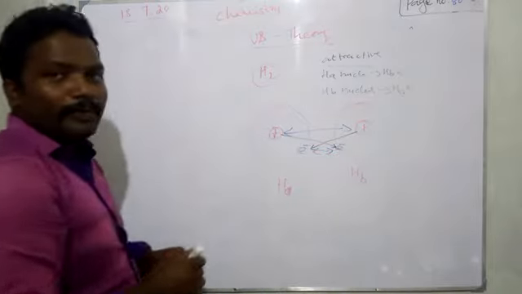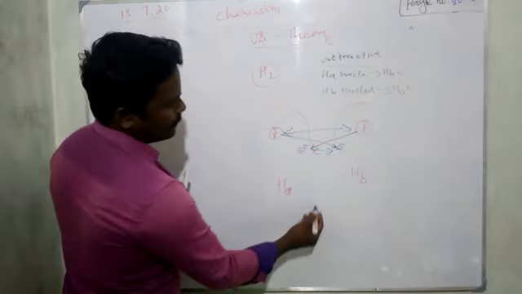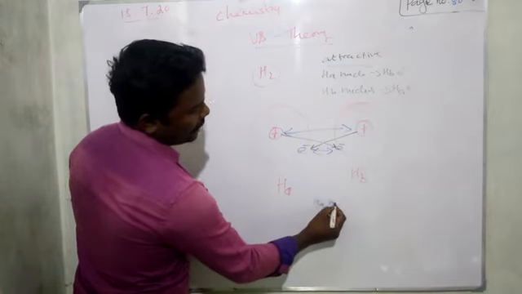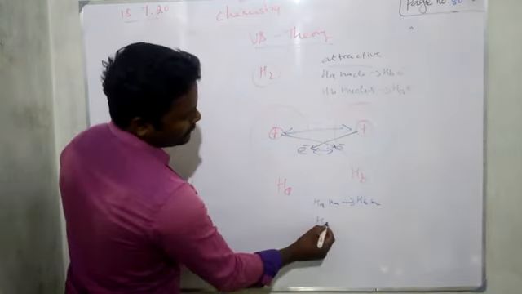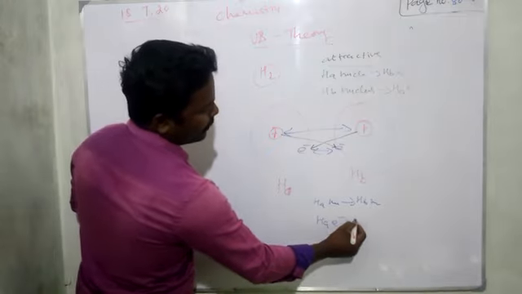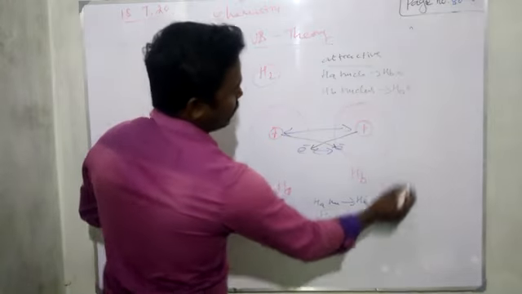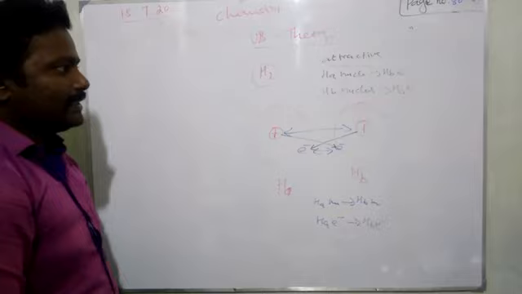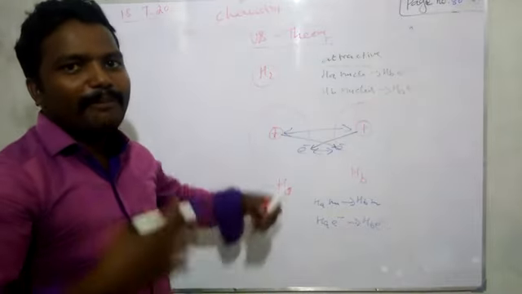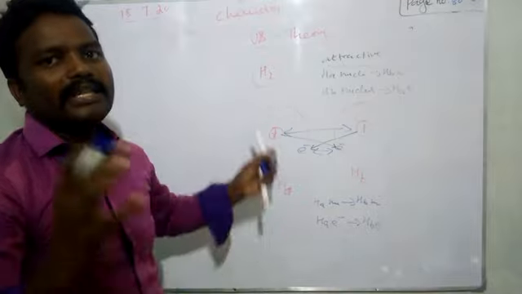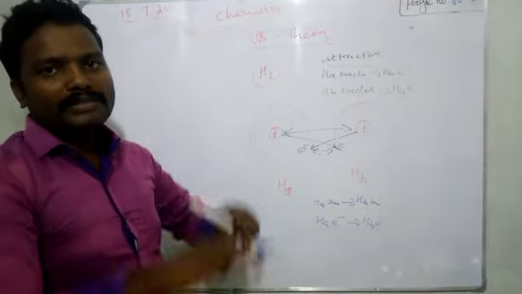The two repulsive forces: HA nucleus repels HB nucleus, HA electron repels HB electron. When these attractive and repulsive forces balance each other, only then will they make a bond and a stable molecule